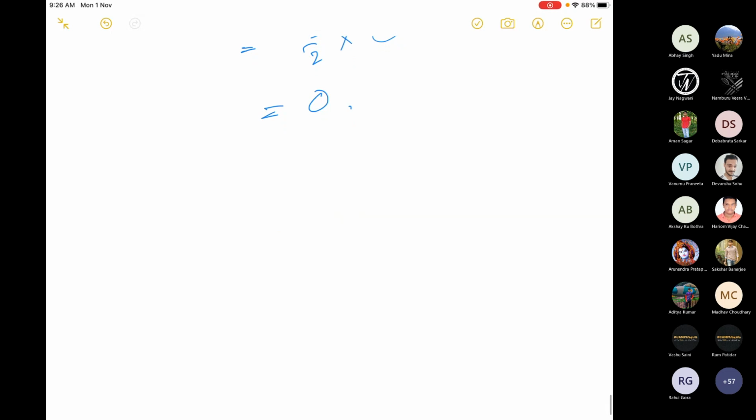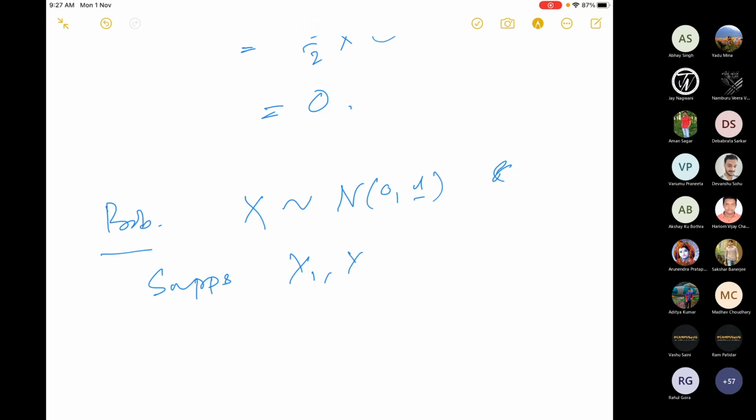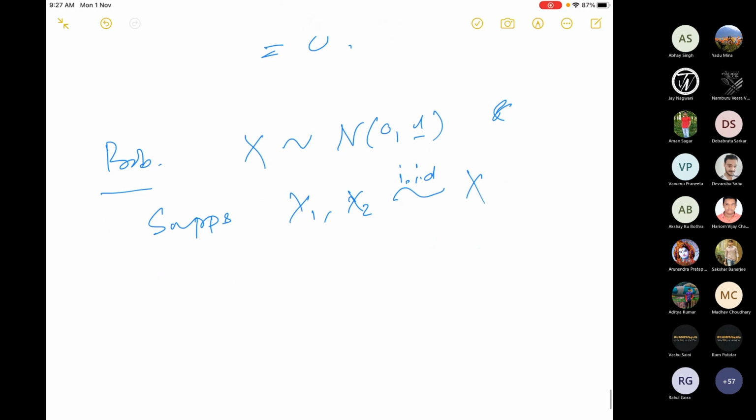Okay, another problem. Let's say I have x, which is standard normal, and let's say I have a random sample of size 2, x1 and x2, which is IID, distributed as x. Now the question is, what is the 75th